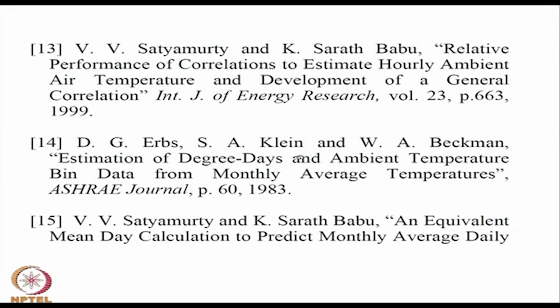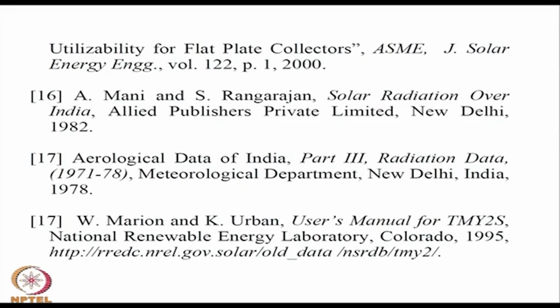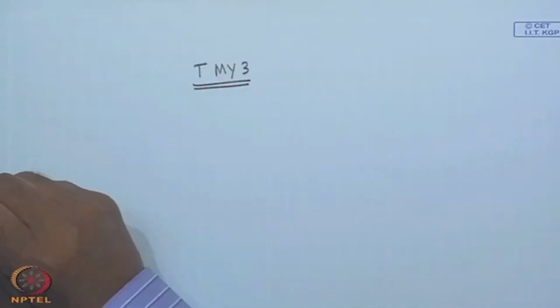on how the classical, for example, utilizability calculation, daily sunshine, and solar radiation under terrestrial and extraterrestrial conditions, and some ambient temperature predictions. This is the data book by Mani and Rangarajan, aerological data. Then, I believe it is TMY3. You can have the data